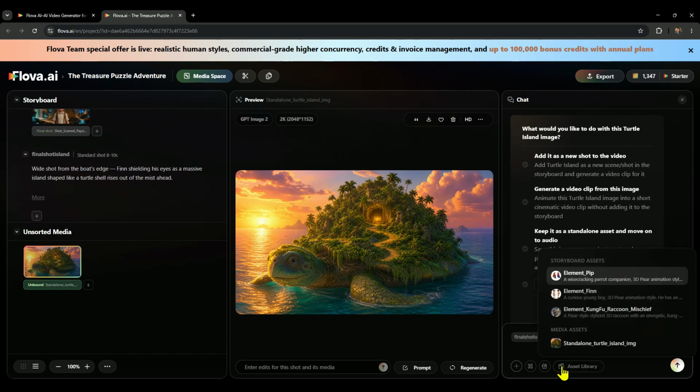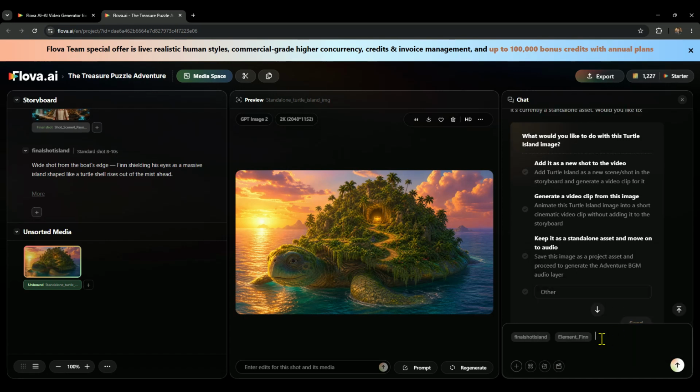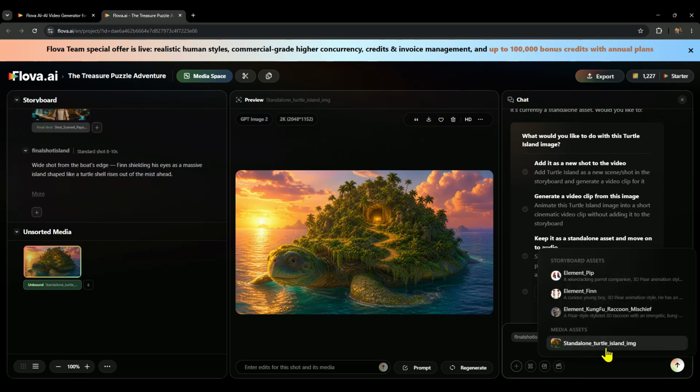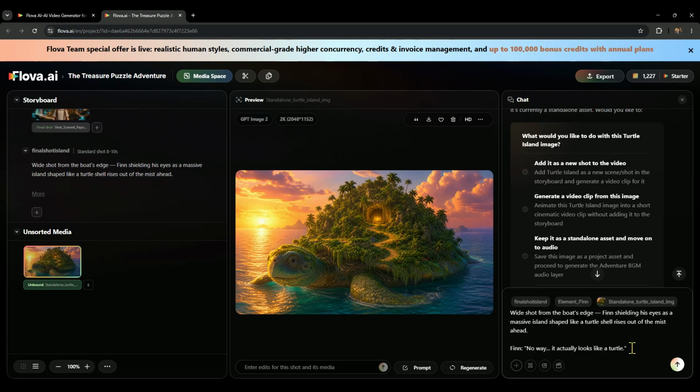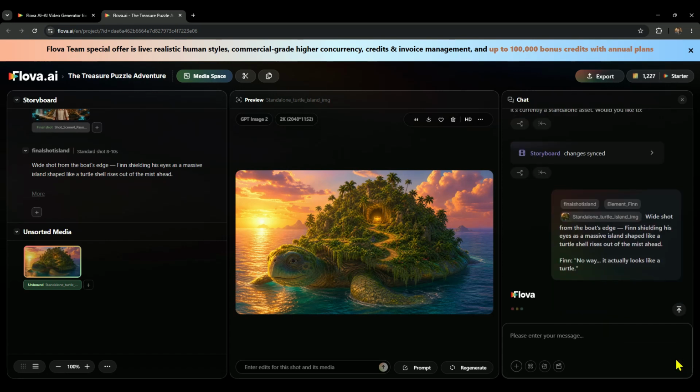Now click on assets library and select the element you want to add into the scene. So for example, I want to add Finn's character to the scene. Here I will select the element Finn. Now select the location element. So for example, in which location you want your character to appear. Here I am going to select the Turtle Island element. Now technically it is a location, but inside the chat it shows up as an element. So do not get confused between the two. After that, paste your short description or prompt and click on generate, and just like that it instantly starts working